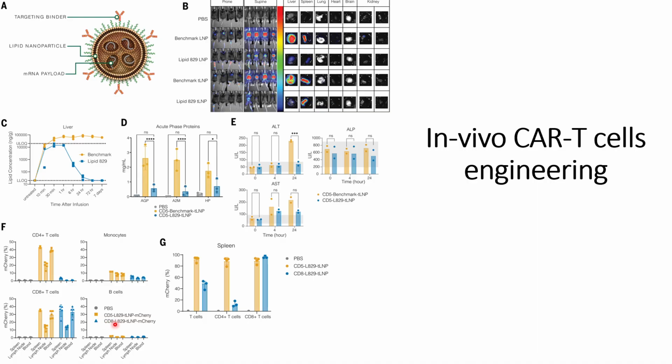When they use the CD8 L829 targeted lipid nanoparticles, they can see that mCherry is expressed only in the CD8 plus T cells, but not in CD4 plus T cells, monocytes, or B cells. Or we can say the signals are very minimal in those cases. When they check the spleen for the different types of T cells, signals are high only for the CD8 T cells compared to the CD4 plus T cells. This indicates that the specificity of their CD8 plus L829 targeted lipid nanoparticles is good, and it can be used to